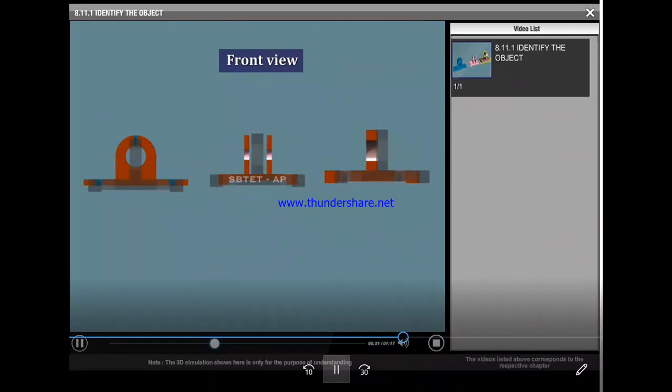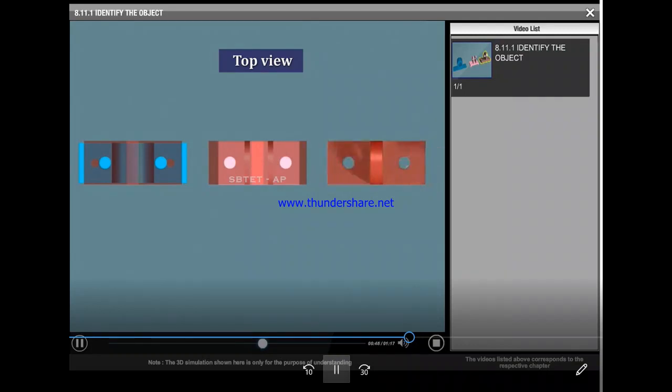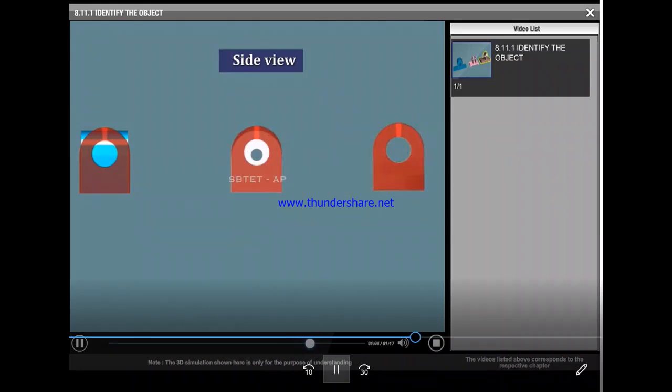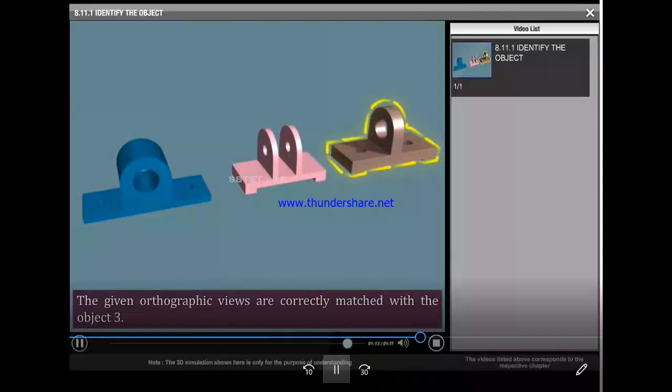The third object exactly matches. Next, match the top view with the top surface; the third object exactly matches. Similarly, the side view matches the third object. Therefore, the identified object is object number 3.